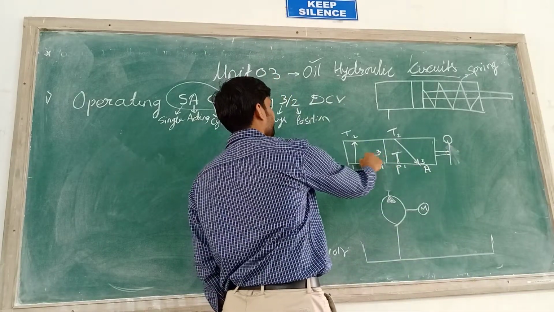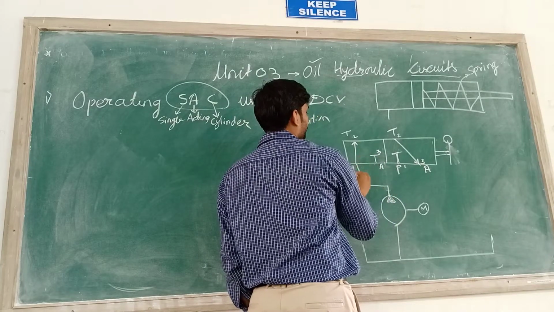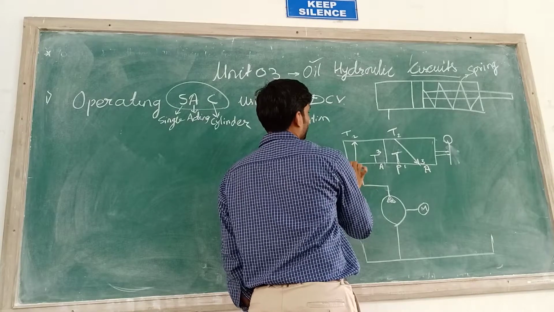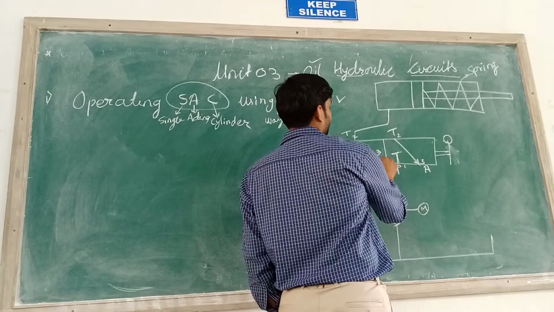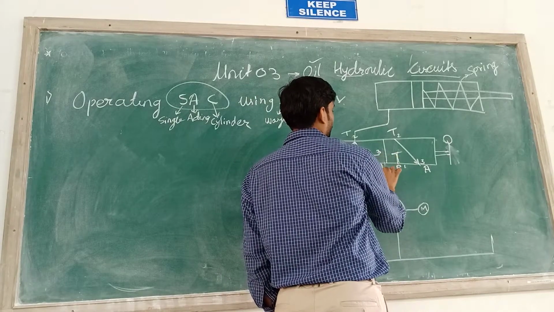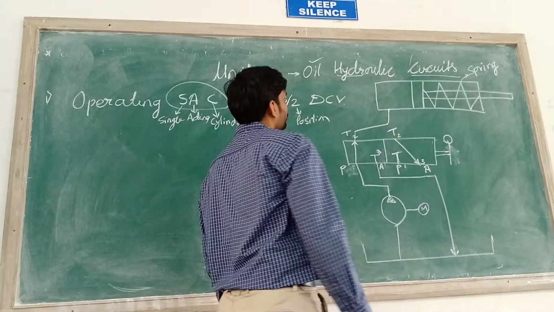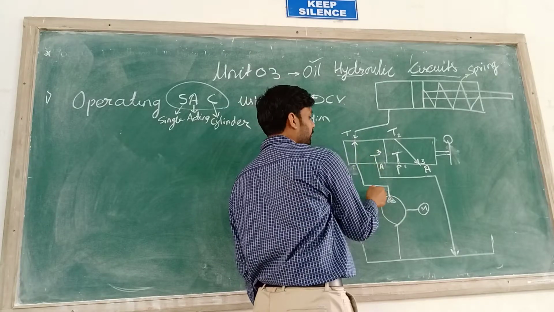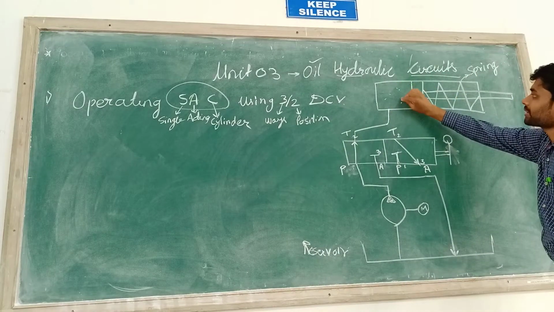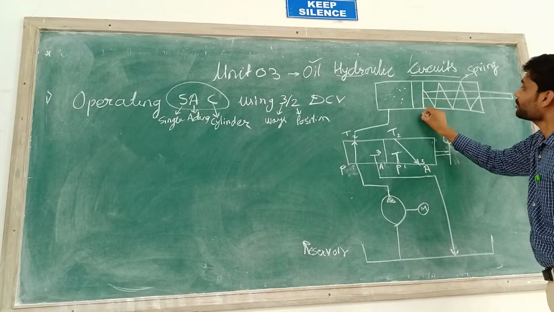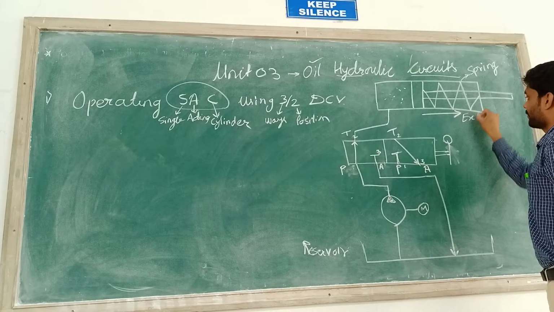When this valve is in the first position, at this time the pump sends fluid from port P to port T, and it is connected that way here, and this port is connected directly to the reservoir. So the hydraulic fluid from port P moves to port T, comes into that region and pressurizes this piston to move in the outward direction. We call it an extension stroke.